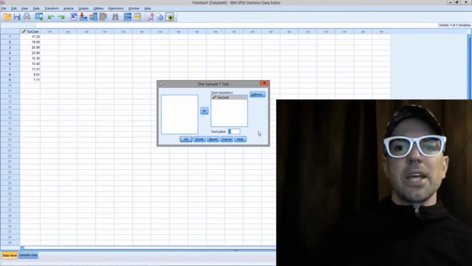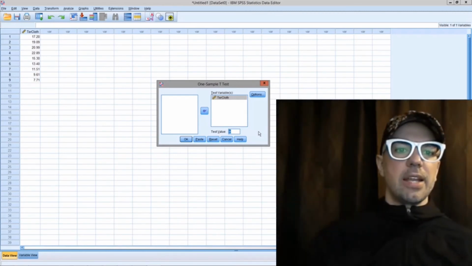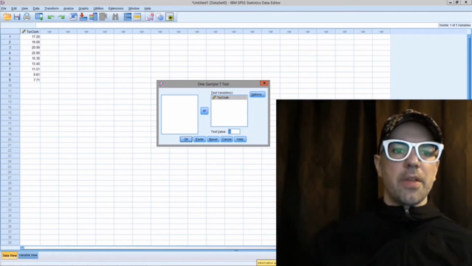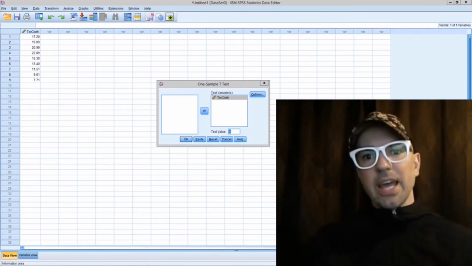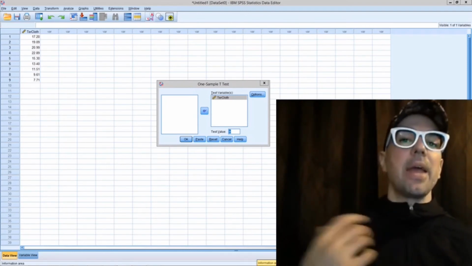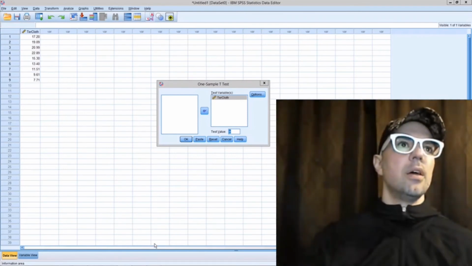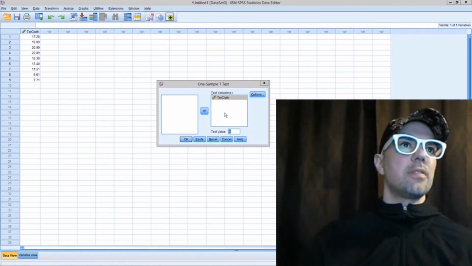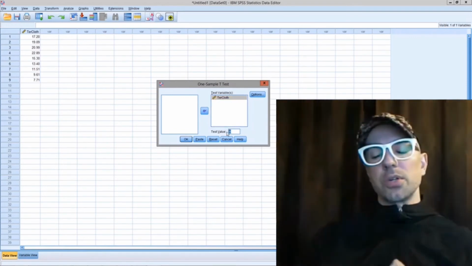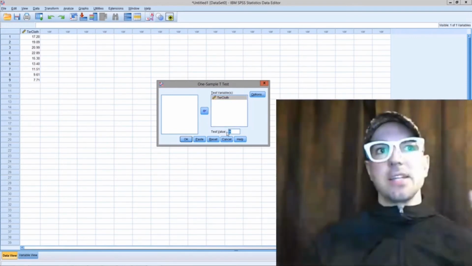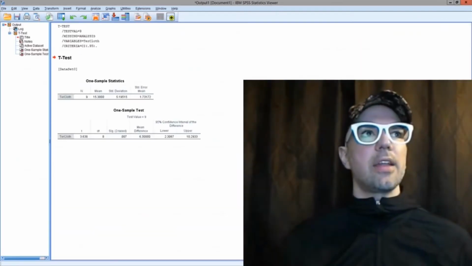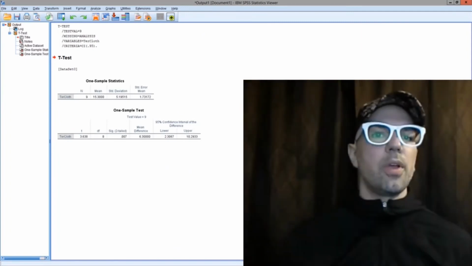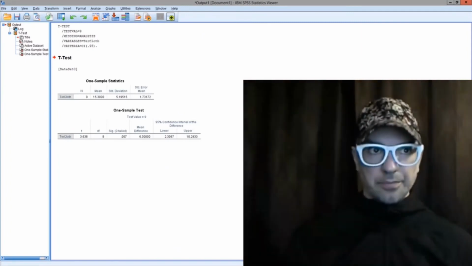So update your test value. Make sure that it is absolutely your hypothesized mean. That is what you need it to be. That is what we're comparing our raw scores to. Once we have all that set up, we have the terrycloth in the test variables, and we have our test value equal to our hypothesized mean, in this case, 9 hours. Once we have all that, we're ready to go. We hit OK. And that quick, we have calculated our